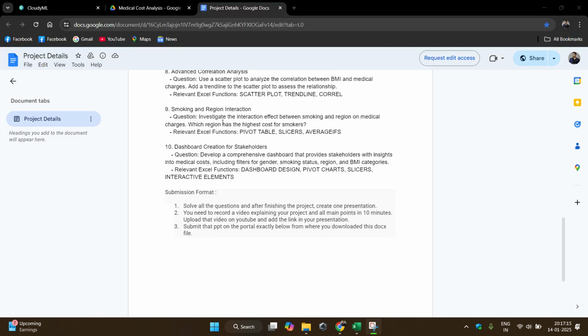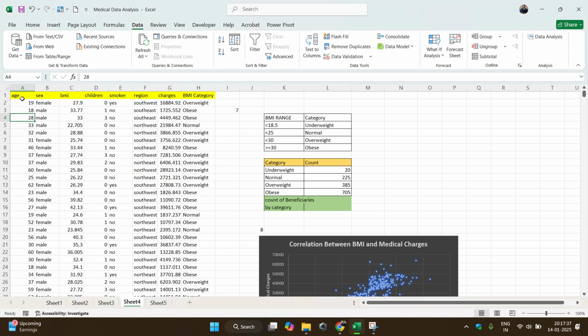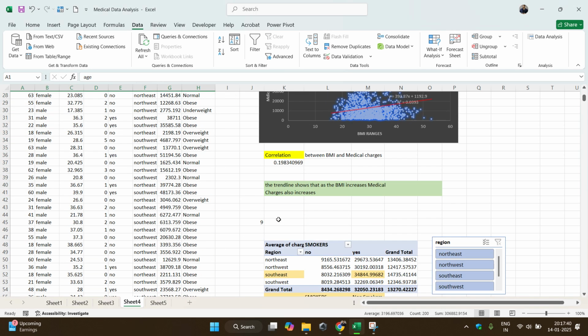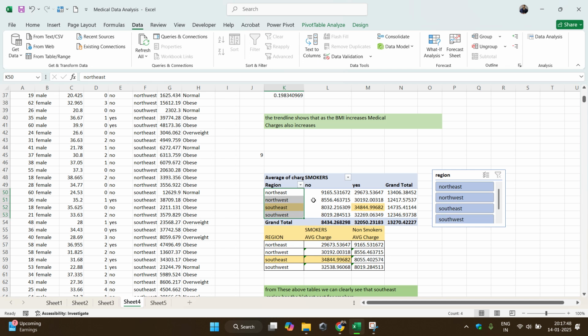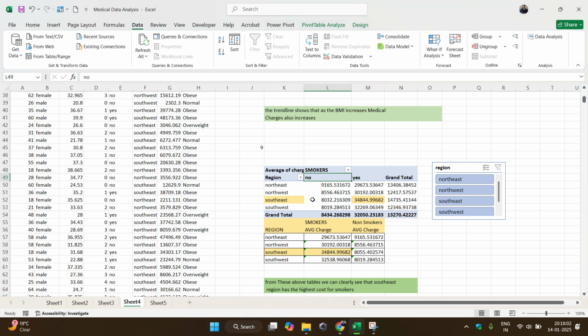In the next question, we have to investigate the interaction between smoking and region on medical charges, and find out which region has the highest cost for smokers. To find this out, I took the main dataset and generated this pivot table. In the pivot table rows section, I used region, and in the values area I used the medical charges. This pivot table is showing the average medical charges of smokers and non-smokers for each and every